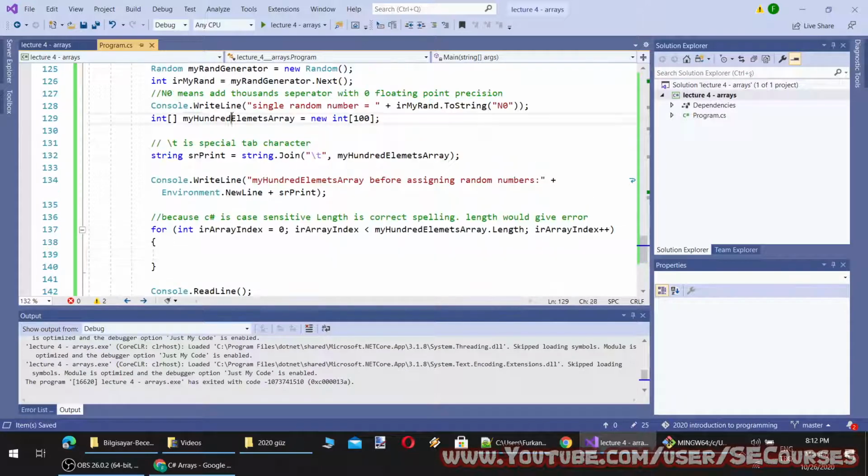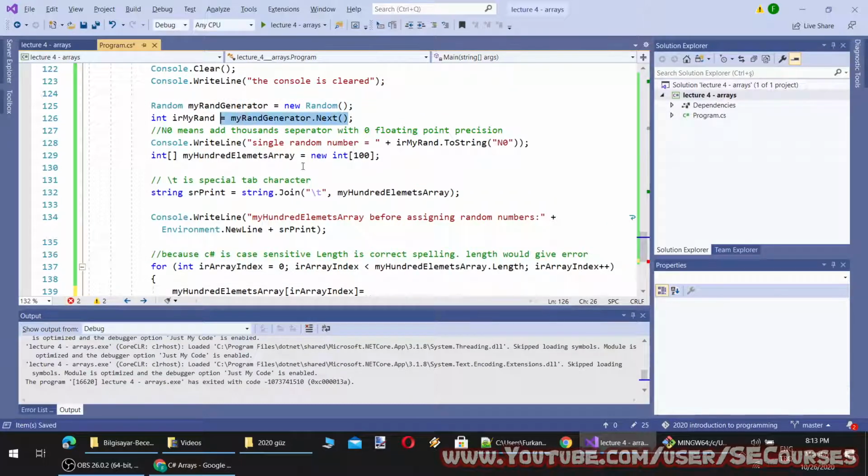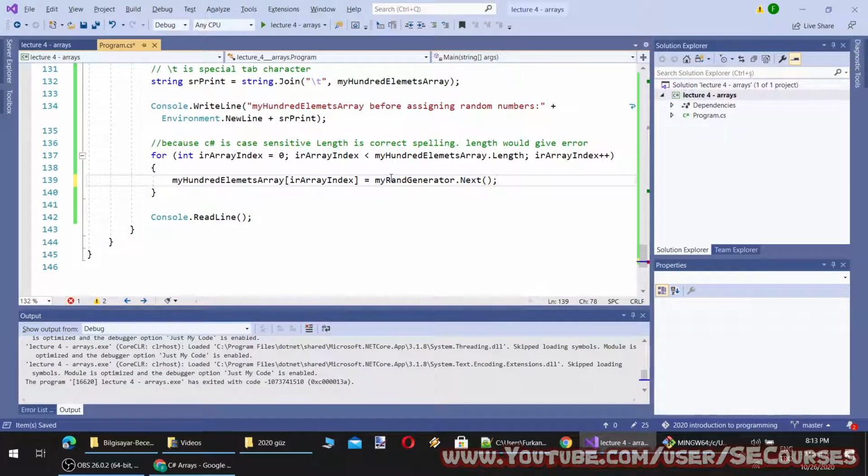So I'm going to assign random numbers to my array like this, accessing each value with its index and setting it to my random number from Next. Each value in the array will be assigned a random integer.